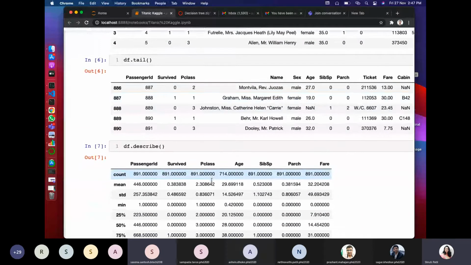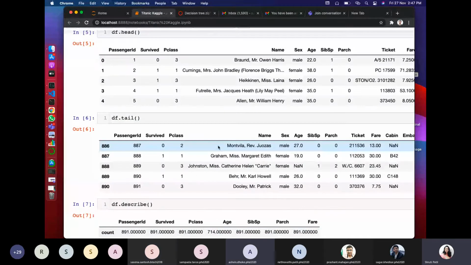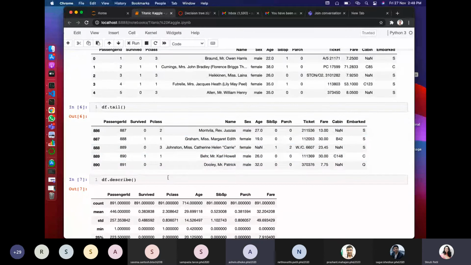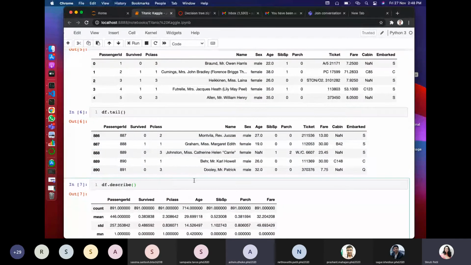So guys, this is basically the step of data exploration. Once you load the data set, if you want to see the details about it, like what kind of data types are there, how many values are available, and whether there are any null values, that can be seen using this data exploration step.